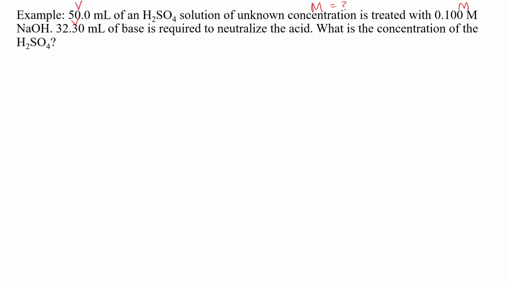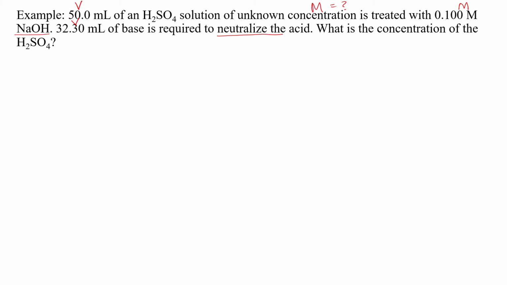But here you have two reagents: the molarity and volume of sulfuric acid, and the molarity and volume of sodium hydroxide. So two different species are involved in this problem. And when you have different species involved, it is a titration problem. You will see that there is an acid and a base. There are keywords like "neutralize the acid." All of these indicate that this is a titration problem, and you have to start with the balanced